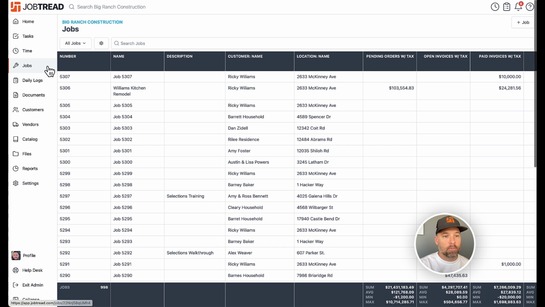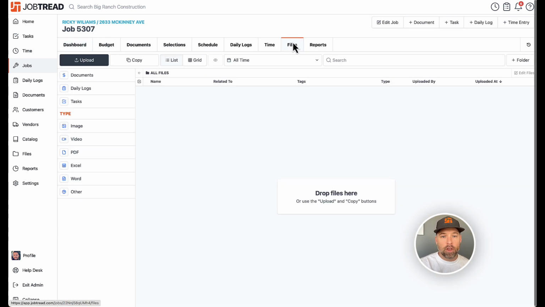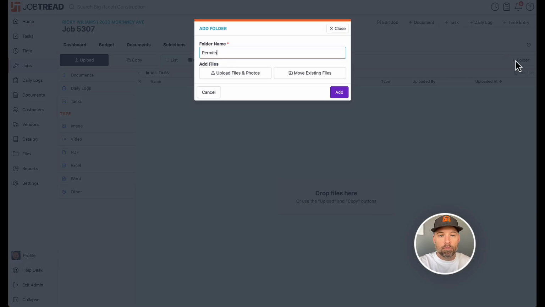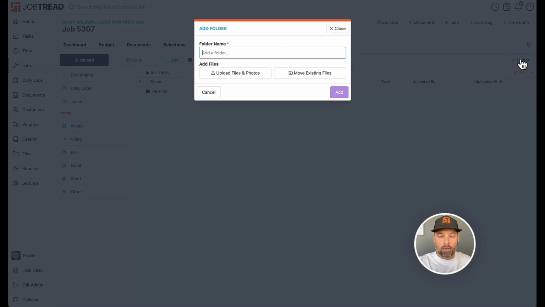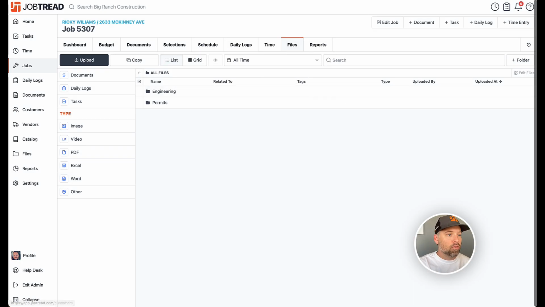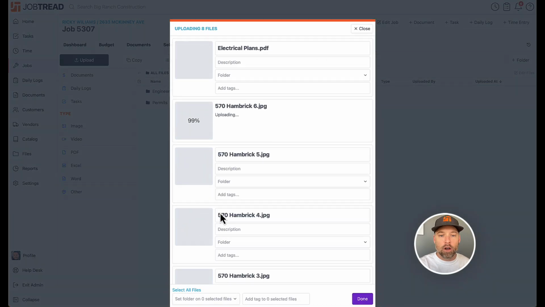If you go into a job, you're going to have a very familiar looking file list. It's pretty much the same interface here, but in the top right, you have the ability to create a folder. And when I click this, it can be very simple. Just click, permits, type it out real quick, hit enter. Maybe I want to rattle off another one for engineering. And let's maybe do one more for design, but before I do, I want to upload some files in here